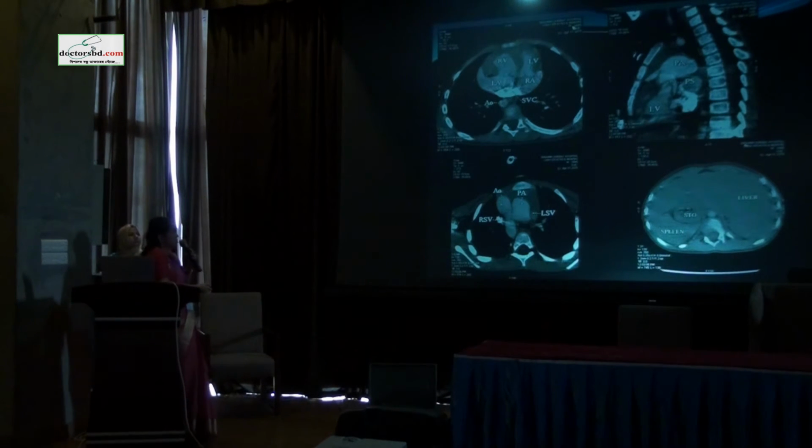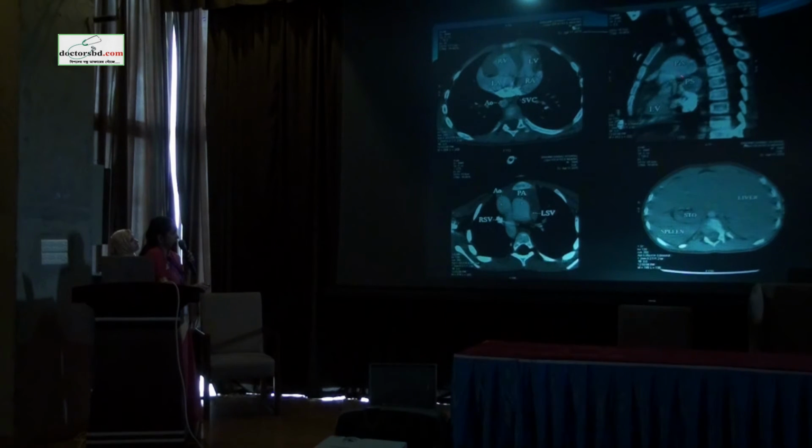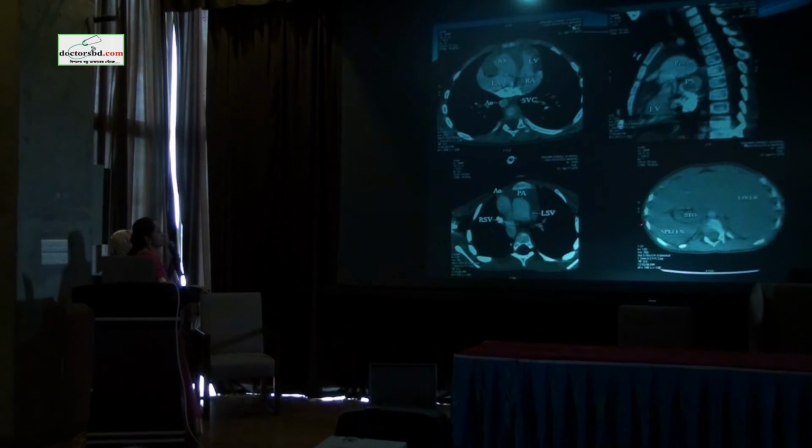These are multiple images of the same patient. Here, in this axial image, we see there is a discordance. That is, LA is connected to RV and RA is connected to LV. And in this sagittal image, we see the pulmonary valve is thick and stenotic with post-stenotic main pulmonary dilation. And here we see there's an inverted liver, with the liver on the left side, and the stomach and the spleen on the right side. And there's a right-sided aortic arch.